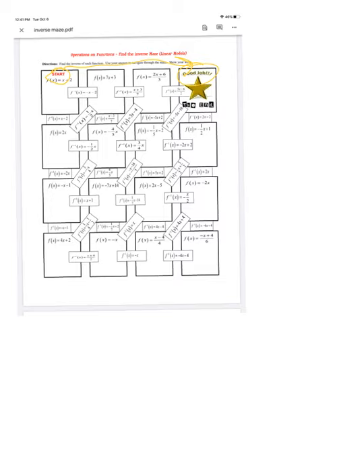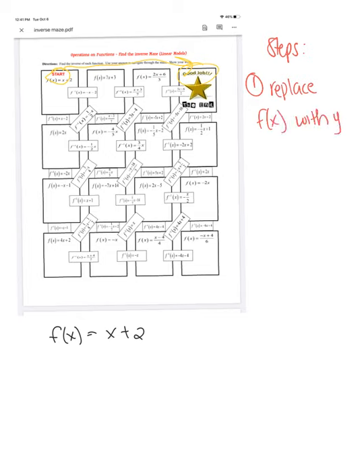So I'm gonna do a problem for you and then I'll kind of show you how it goes. So this is the first problem that we see, right? f of x equals x plus 2. So right here, I'll do the problem, then right here I'm gonna do the steps, okay? So my first step is to replace f of x with y, okay? So that's my first step. My second step is then to switch